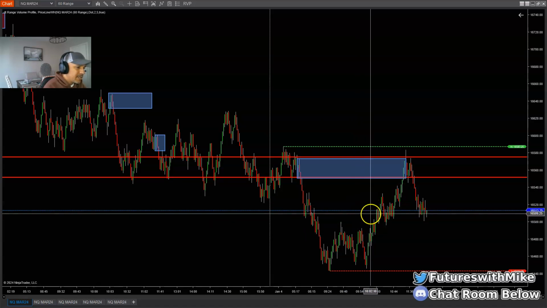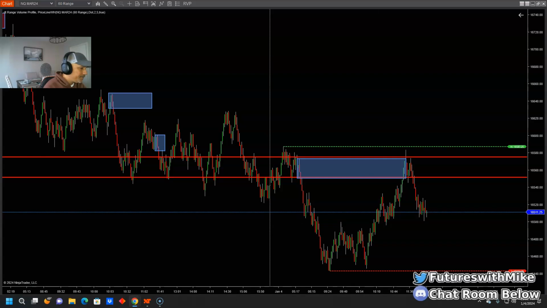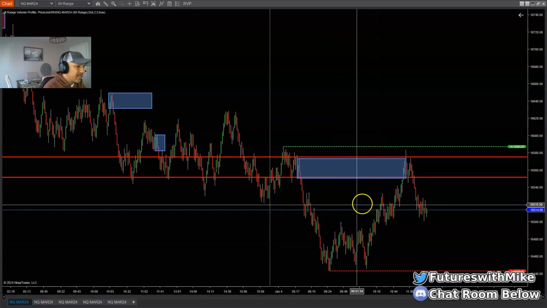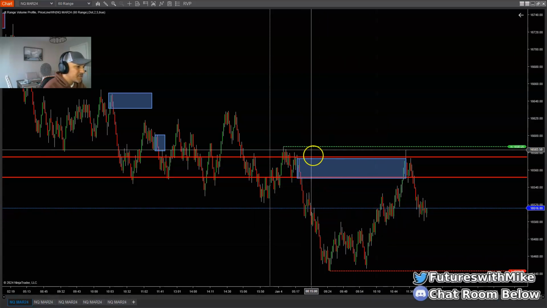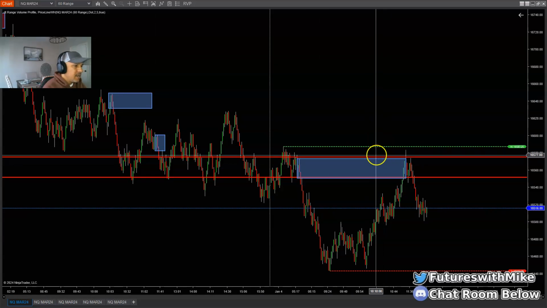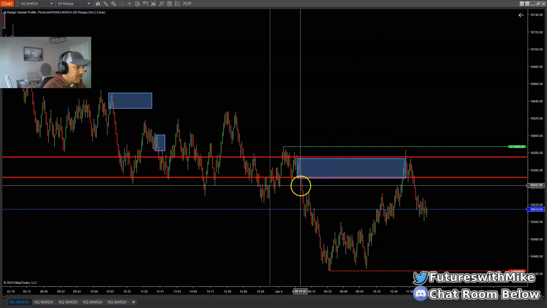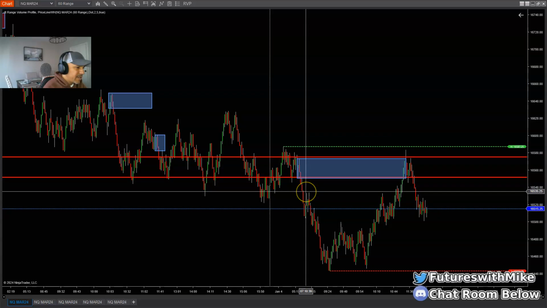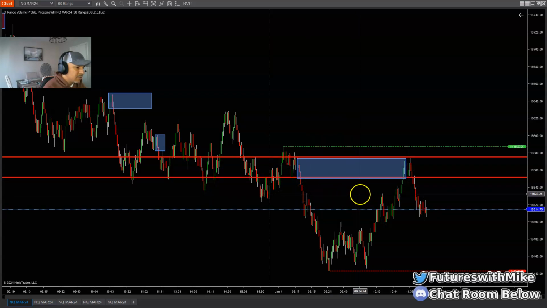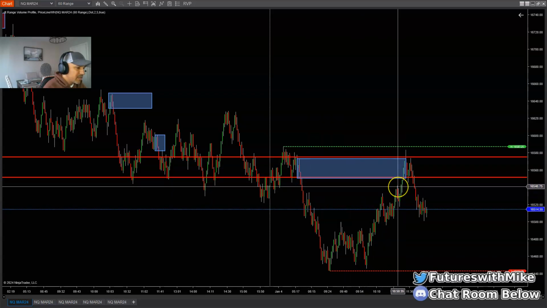Retracing back, making higher highs and higher lows. And again, when it was making these higher highs and higher lows, yes, it was breaking through some areas of structure here, but overall we're bearish. I noticed that there was an imbalance area right here, close to where I took my short.